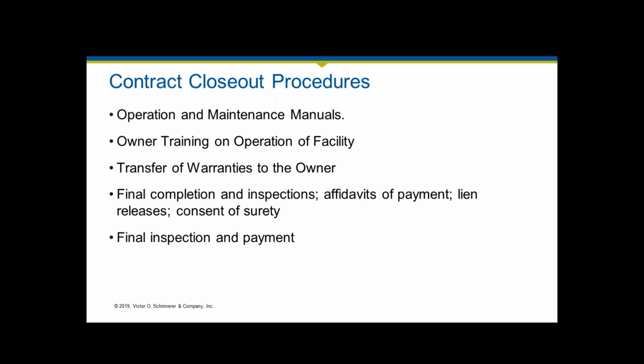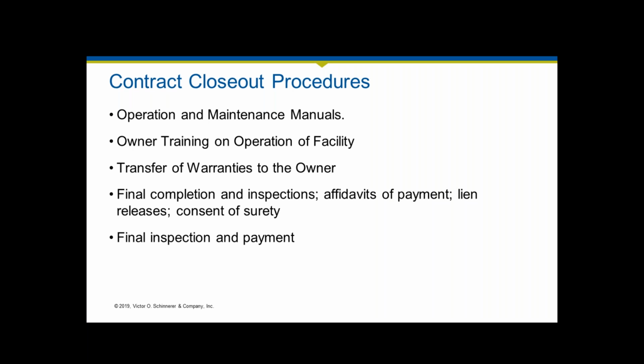And this is a lot of times, again, key to making sure that the owner is comfortable with what's going on and that the contractor is still on site and performing the job. Now, it's often said that you need to make sure that the contractor is engaged throughout the project, especially towards the end. And oftentimes, firms will tell you that the quality of the work that's installed towards the end is not the same as at the beginning, because oftentimes the contractor is trying to move on. So you as a firm need to be aware of that and make sure that there are enough resources that are being allocated by the contractor to finish the job